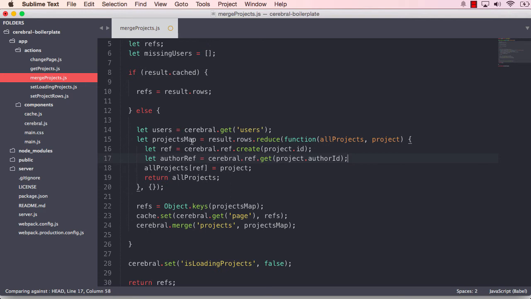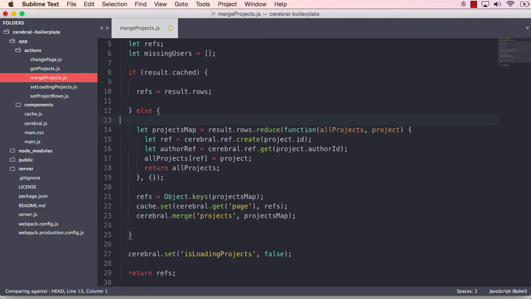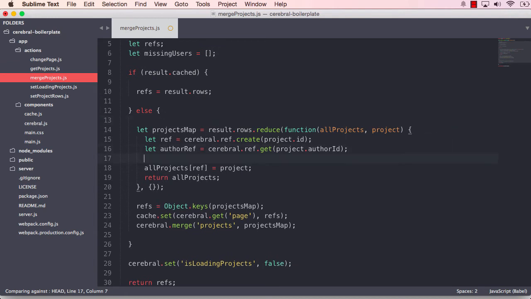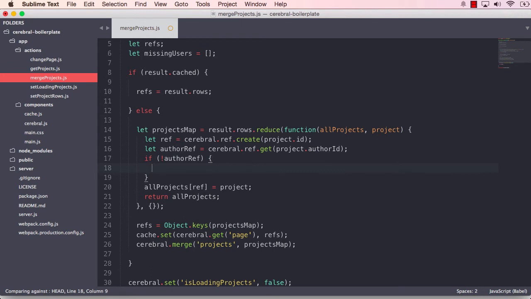We don't have to actually look into the user's map, thinking about it. Okay, so let's do this instead. So if we do not have an author reference, we will point to our missing users array and push in